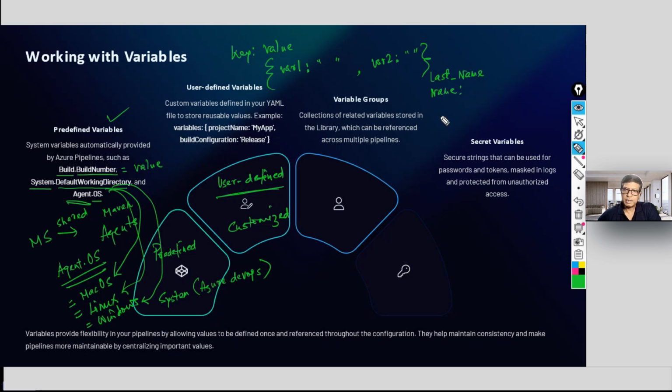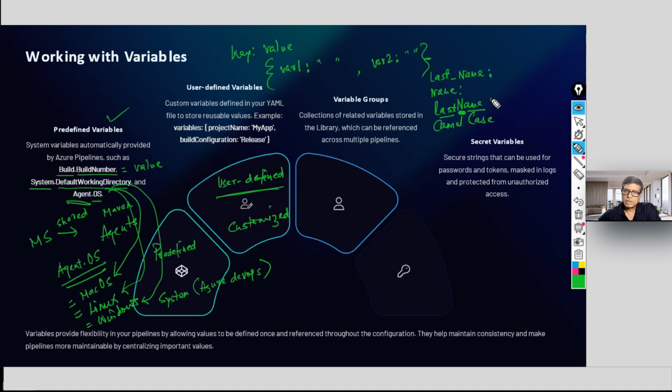Or you can define last name as the key value as small last, and there is no gap or dash. You cannot give a gap in last name. So this is camel casing. You will learn this in detail later, but the scope is limited for me to define all these things. These are nomenclatures. So this is called camel casing. There are two words separated. The second word will always start with a capital.